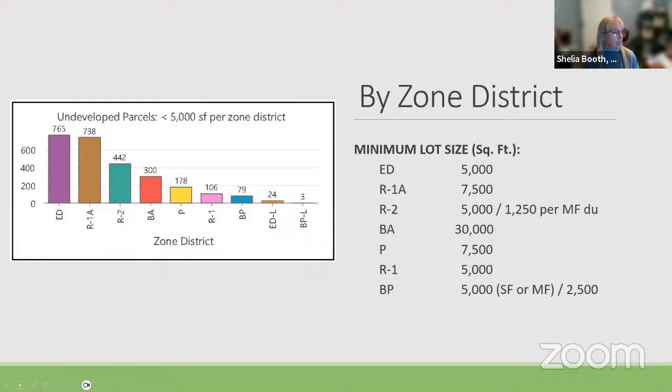So we looked at lots that were less than 5,000 by zone district, and you can see the ED zone district had the most, then your R1A, which I'll show you graphically in a minute, but it was included in your packet. Most of that being the Shrine Hill area. Your R2, which is your multifamily, and then you jump down to the R1, which has the least of all of those, but it has the ones closer to the 5,000.